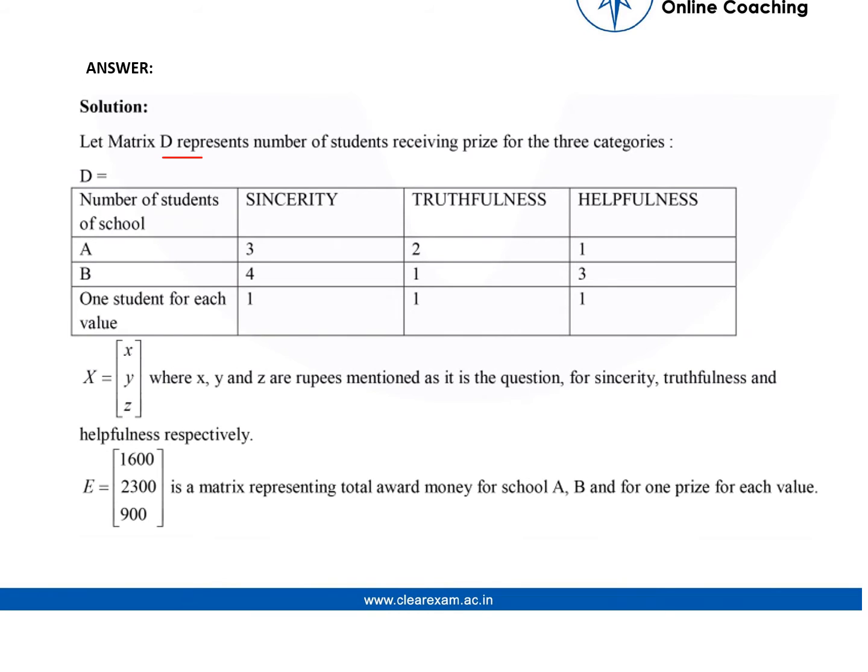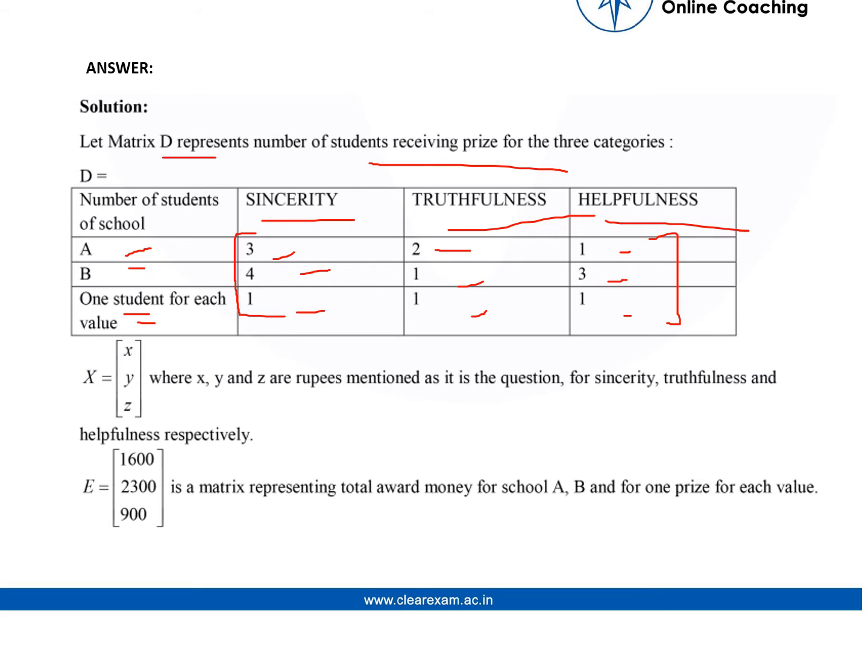Here we have taken matrix D, which represents the number of students receiving prize for the given three categories, that is sincerity, truthfulness, and helpfulness, from school A, B, and as given in the question, one student for each value. So we get 3, 2, 1, 4, 1, 3, and one student for each value, so 1, 1, and 1. This will be our matrix D,